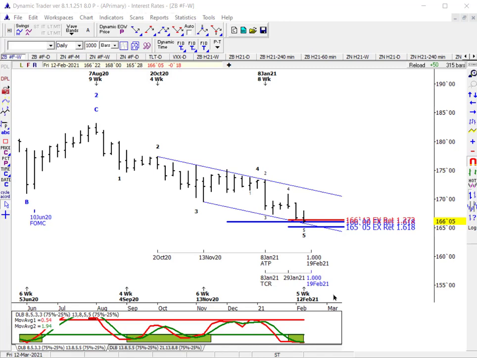Also next week is a very important time factor on the weekly data, and that's the high to low. And that's typically the maximum time before we get a reversal. So it's always good to know the probable minimum times for a trend and the probable maximum time, because if we're coming into that maximum time, which now is next week on the weekly data,